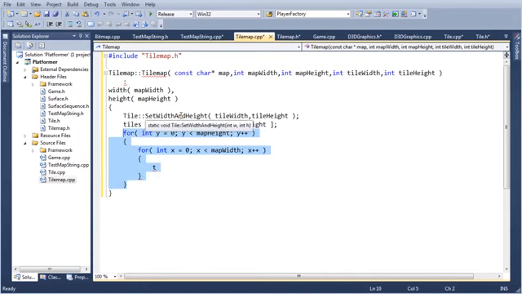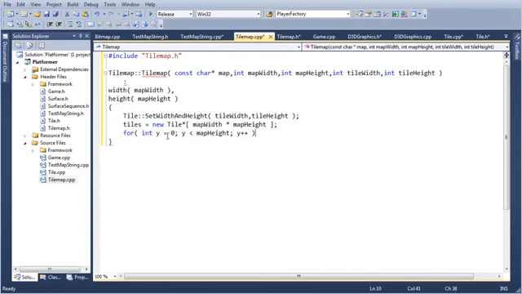What I'm saying, people, is I could just do this. For I, which is index, equal to 0, as long as I is less than map width times map height, which is the entire size of the map, I++.